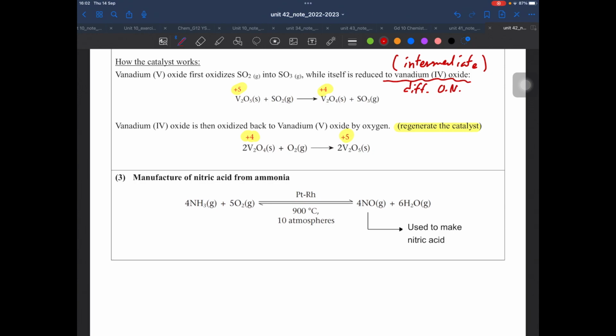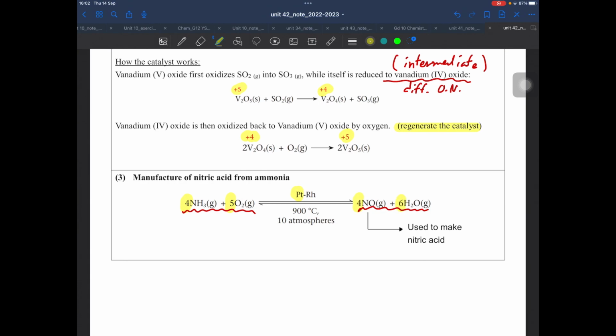after we prepare ammonia from the Haber process, how to turn it into nitric acid. The reaction between ammonia and oxygen will form NO and water. With this one, we use a platinum catalyst. That's it. Forget about the rhodium. In this equation, there is something interesting. This is what we call